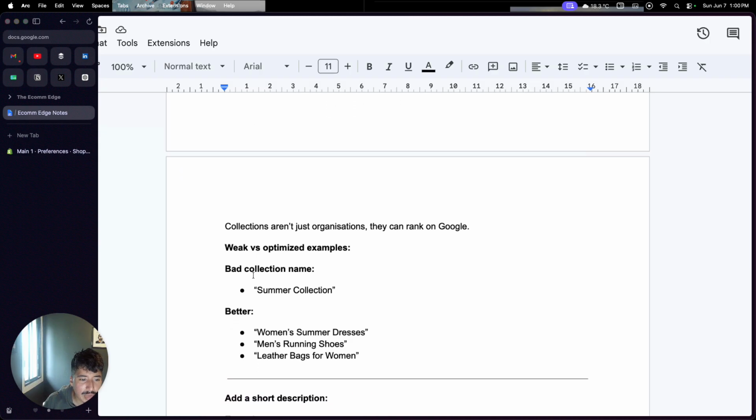So here's a bad collection name: summer collection. Google knows it's a summer collection, but it doesn't know when to show this to a customer. But if you write women's summer dresses, or women's summer dress collection, or men's running shoes collections, or men's running shoes,